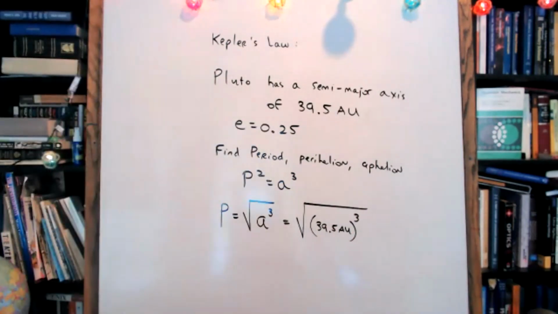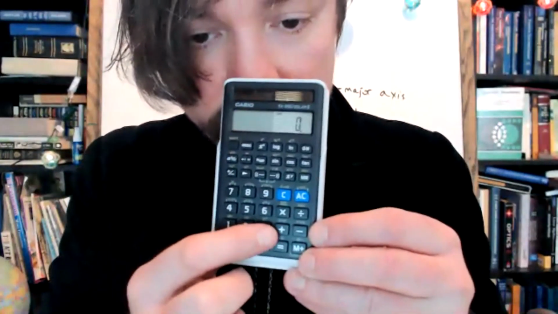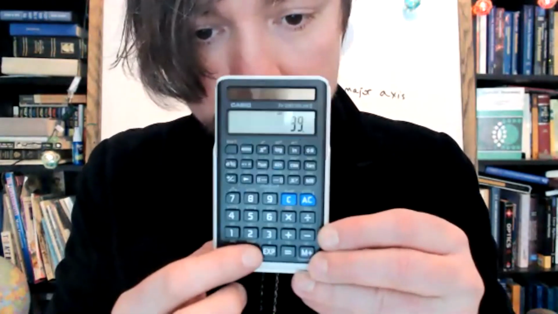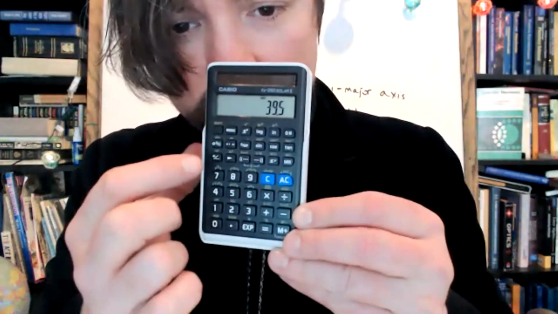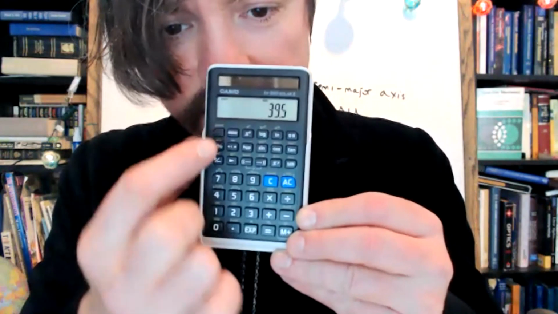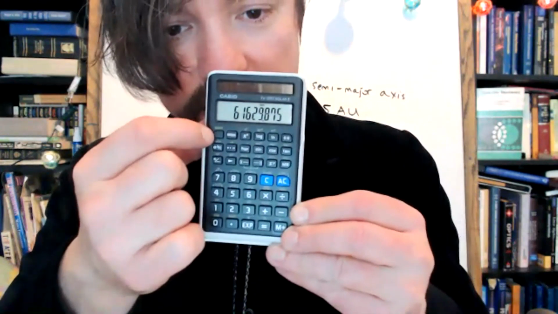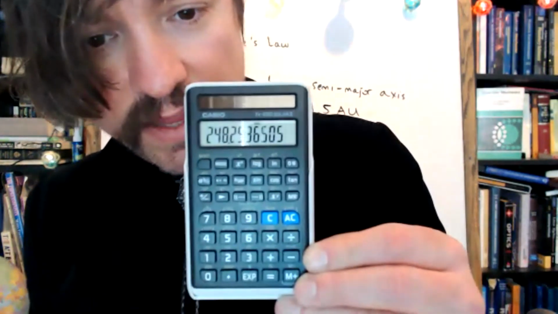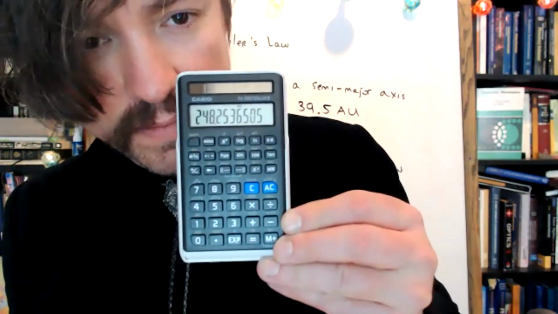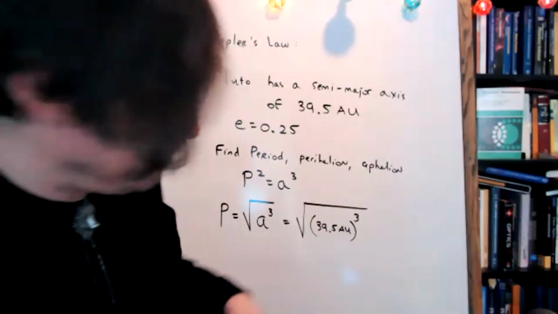Follow along with me. Punch what I punch, okay? 39.5. Sorry, I'm trying to get the angle right here. Okay, we're going to cube it first. So we're going to do shift, and the backspace key is cube. Now we have to square root it. So we're going to hit shift again, and then we square root. Did you guys get this? What's my answer then? Nora, you got it too? All right, you guys are too small in my window here.